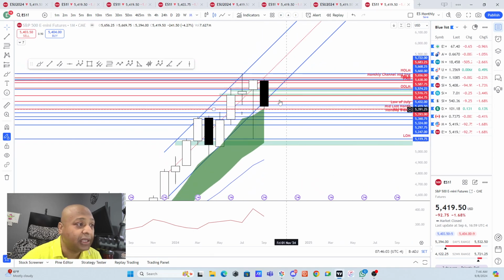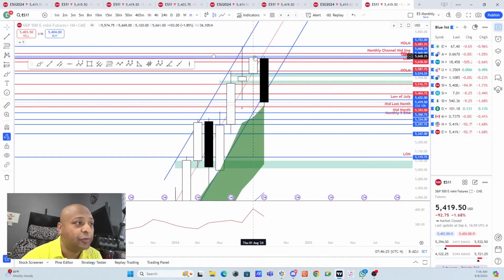So what is happening here? Currently, we are in a trading range on the monthly chart, right? So when we are in a trading range on a higher time frame, we can get very good trend trades in the lower time frames, in a 5-minute chart, in a 1-hour chart, all those things, right? But we do have a very nice double top here, and after that, the price has come down. So as of now, if we are holding this low of July, if we are holding this 5464 line, there is still a possibility that the price will start coming down once we break down this 5394 level, which incidentally is also the 5 EMA on this particular monthly chart.